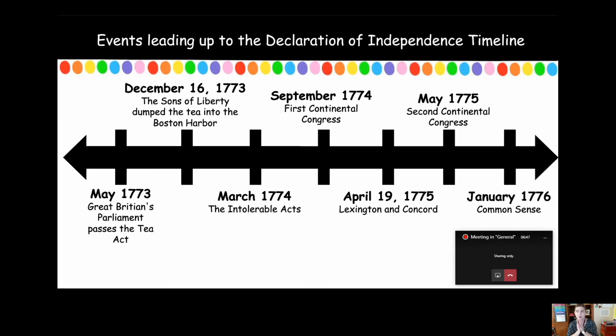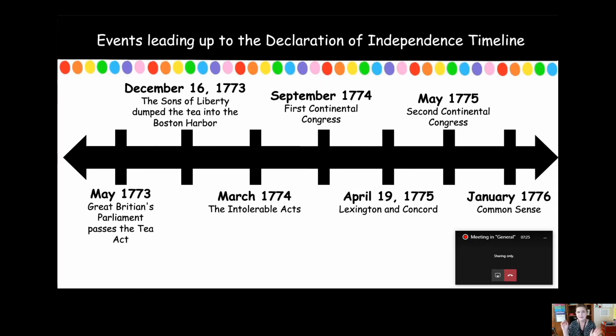And this was like a kind of moment because on April 19th of 1775, which will be our 5th point on our timeline, is when Lexington and Concord came about. Now, Lexington and Concord is famous for the shot heard around the world because the British troops were marching all over Massachusetts and Boston, which is a city inside Massachusetts. They were marching all over to find the rebels and arrest them and take away their